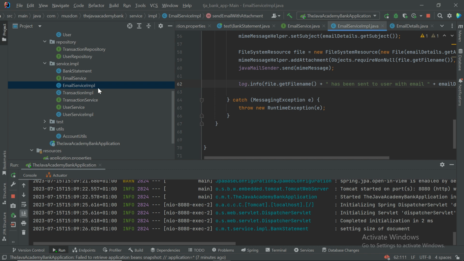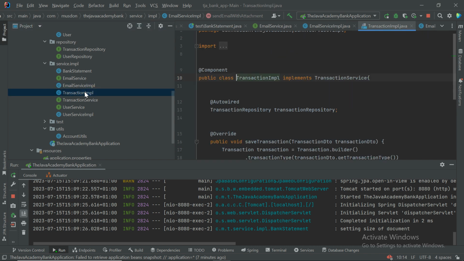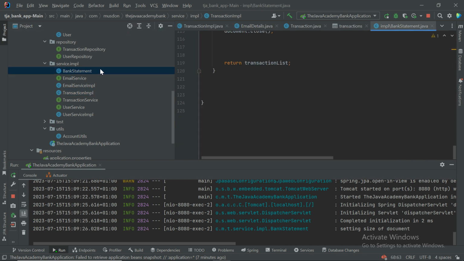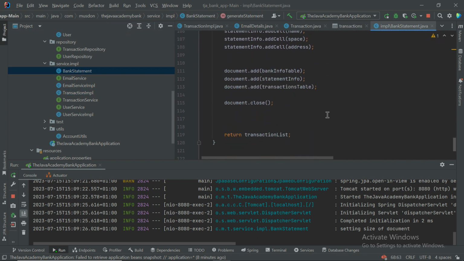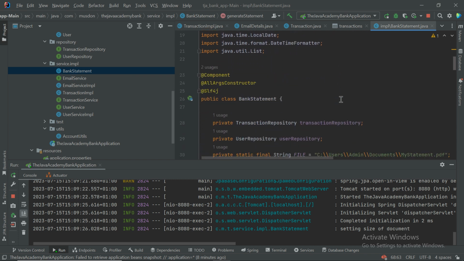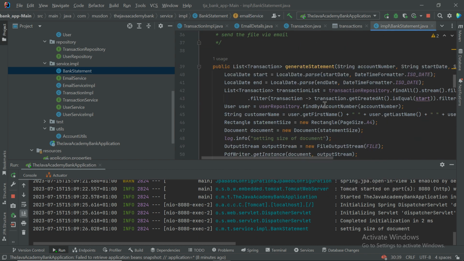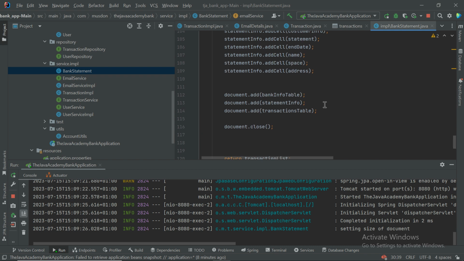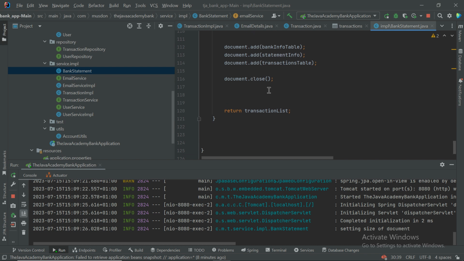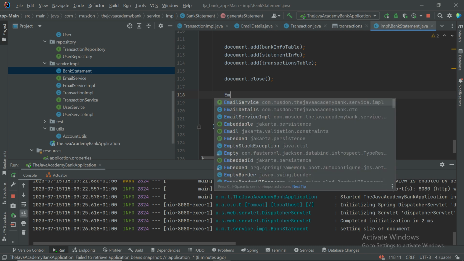So now I'll go back to that transaction, no, bank statement actually. So in here, I'm going to actually make use of that email service. So it means I need to add one more dependency here. That will be private email service. Okay, so I can then use that method to send this email. So to actually do that, I need to build an object of